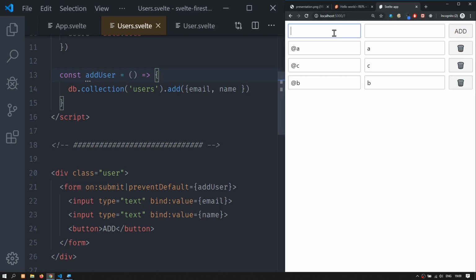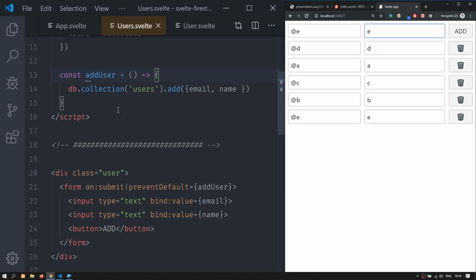Let's reload. So I'm going to now add D and then the D name. As soon as I click add, you can see that it pops up there. If I reload, the D is there. Now the order is different because Firestore is ordering this in a way based on the IDs. I should order this via timestamp. I will show you how to do that. But before I do that, if I say add E and then the name is E, you can see that